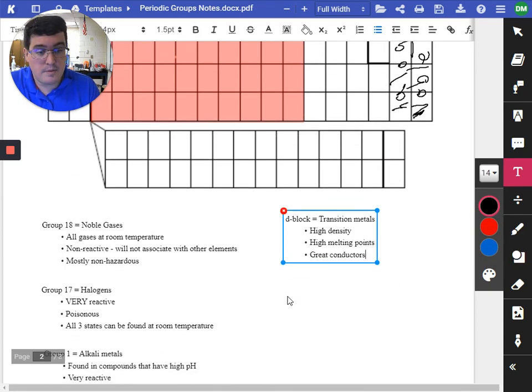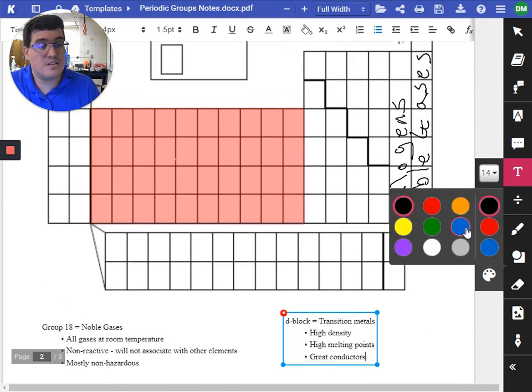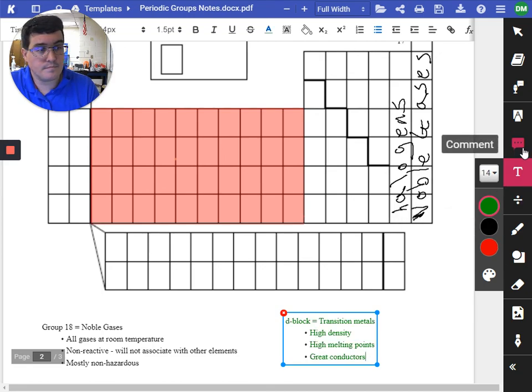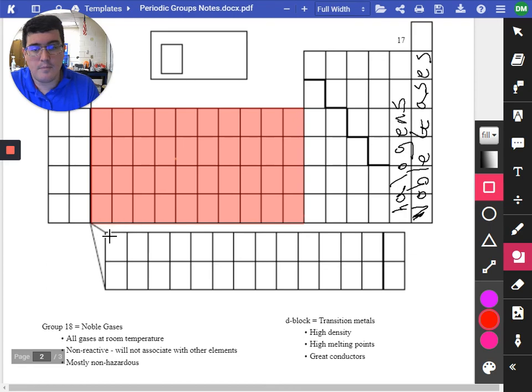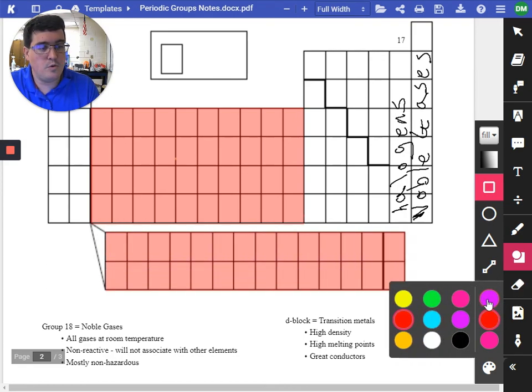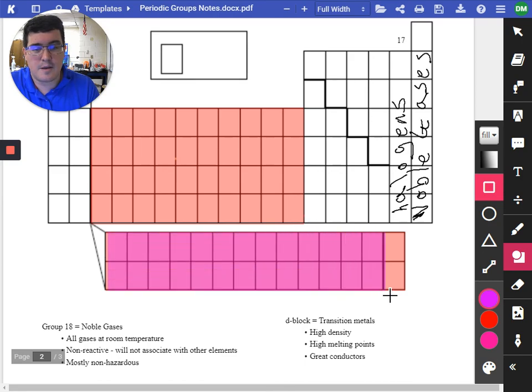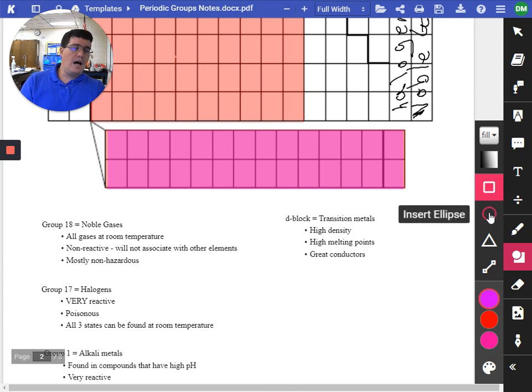The last group on the periodic table that we're going to talk about is this group down here at the bottom. Oops, I forgot I had one selected, sorry. This group down here at the bottom doesn't need to be in red. Let's add just another color on top of that. Let's see. Oh, I like that. I like that mixture of colors right there. Here in purple,